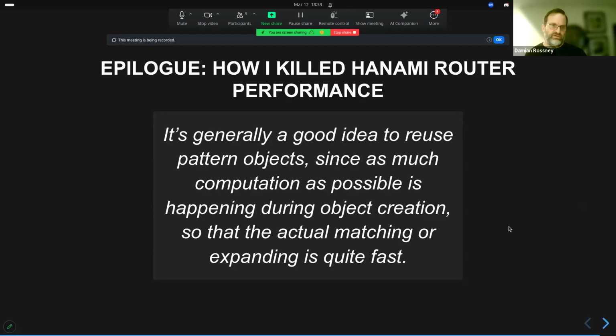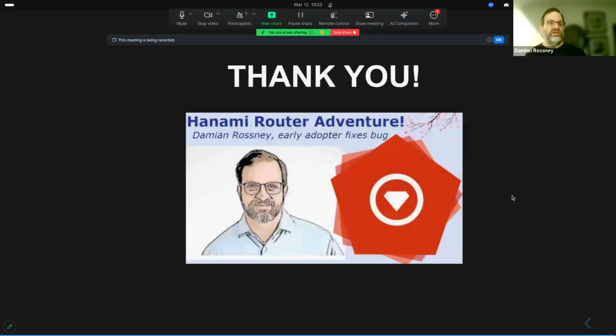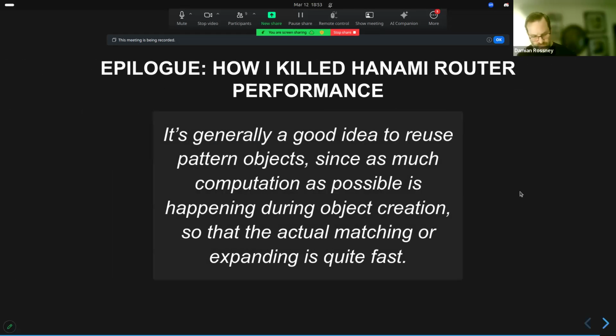So the solution here was, rather than storing the route in a leaf, what we did when we compiled the routing tree was to create and store the Mustermann matcher itself. So all the Mustermann matchers would be created ahead of time and would be used directly when matching in a leaf. And that one change alone brought us back pretty much to on par with the previous router,